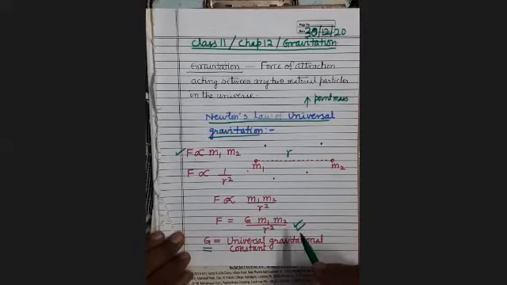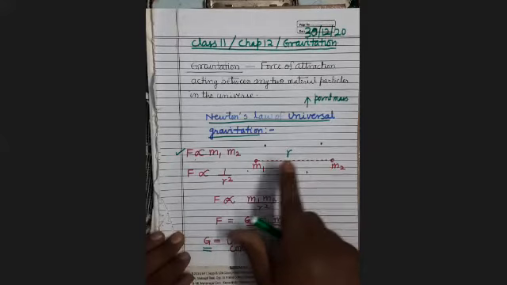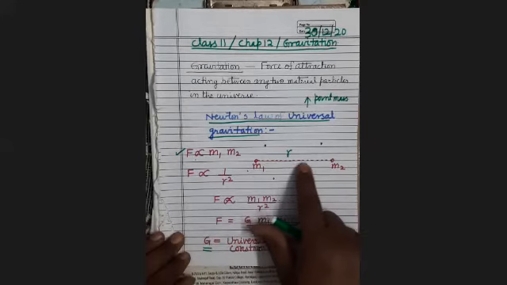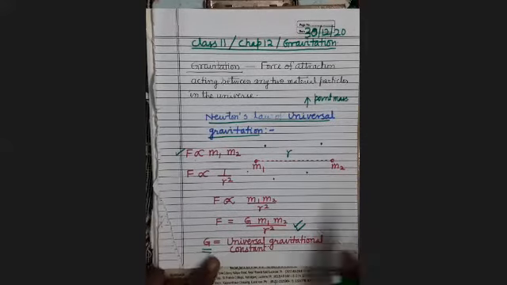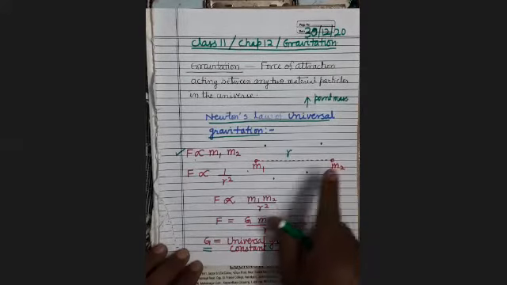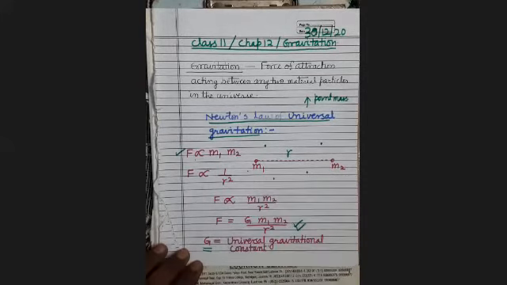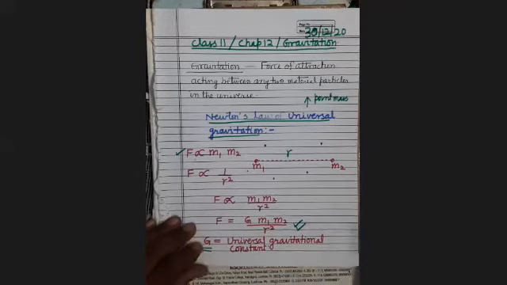It's clear. So its value does not depend upon the intervening medium, whether there is air or these masses are situated under water. In every case, this G will remain same. It's clear. So it is called the universal gravitational constant. It does not depend upon the nature of intervening medium. It neither depends upon the size of the bodies. It neither depends upon the presence of other bodies nearby to these two point masses. It is clear. Now see here, the value of G is also very small.